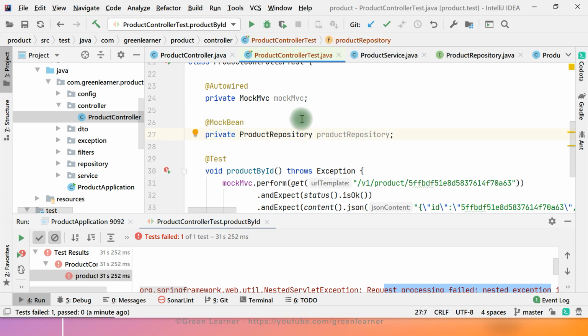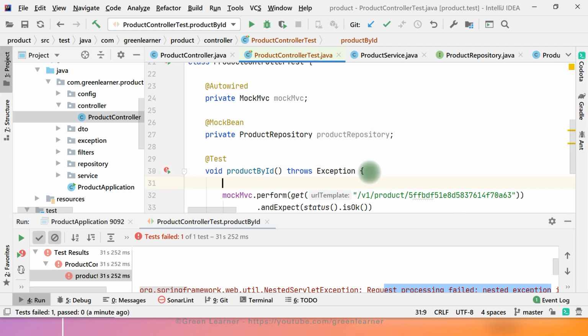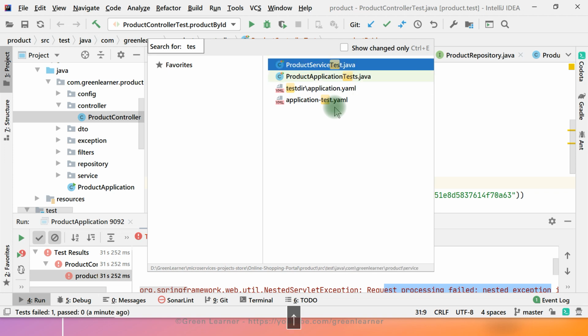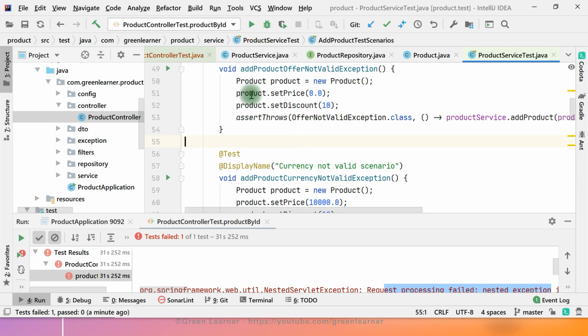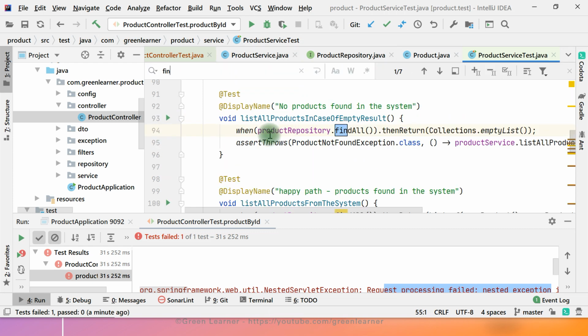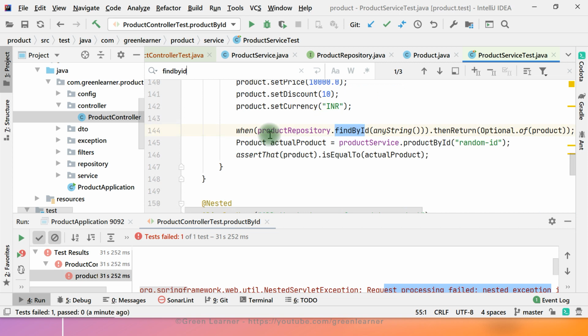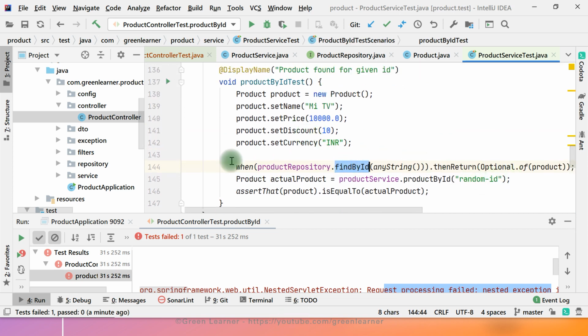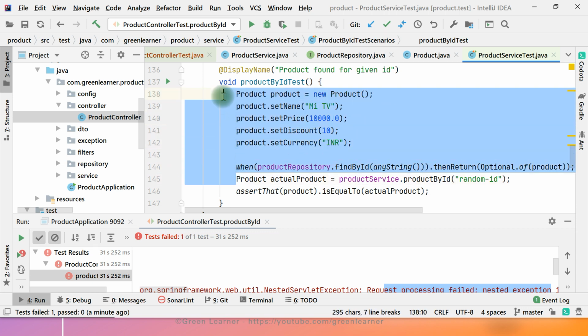So let me enable it, and now the way that I have mocked the information while writing the unit test cases, we are going to mock it here as well. So if I show you the product service test here, what is happening is it is executing find by id. So this test we already have written, and we have this mocking as well here, right? So just copy this part here.